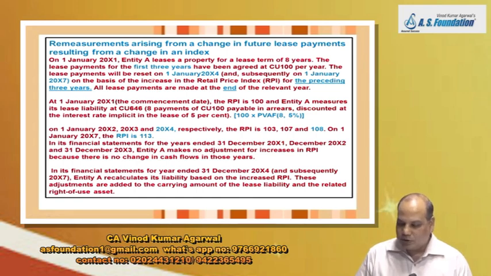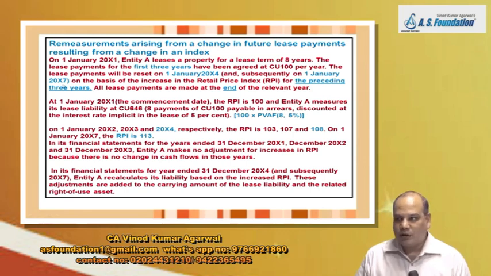The lease payment will be reset on 1st January 2004. Why 2004? Because after 3 years, which means year 1, 2, 3: 100, 100, 100. And then they will revise it on 1st January 2004 and subsequently on 1st January 2007. Why 2007? Again after 3 years. After 3 years they are revising the rent on the basis of increase in the retail price index, RPI, for